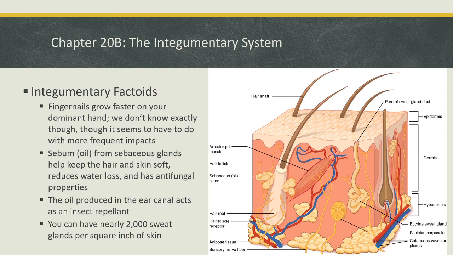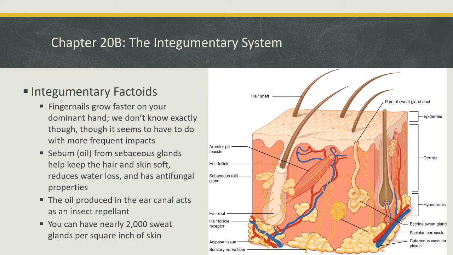Some think that this is also the main reason why your fingernails grow 2 or 3 times as fast as your toenails: your toenails just don't have the same kind of regular impacts as your fingernails do. So yeah. Next bullet point, the sebum or oil from sebaceous glands helps keep the hair